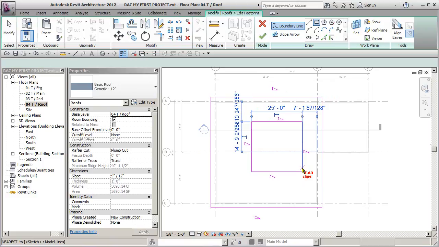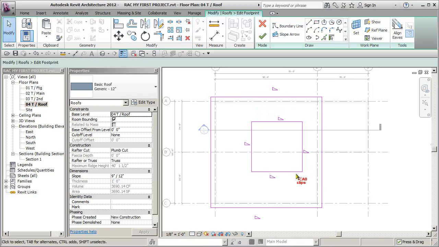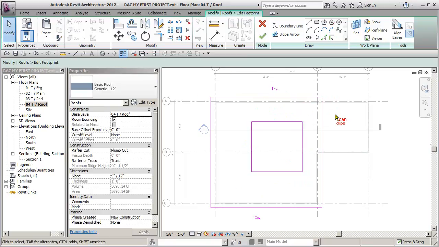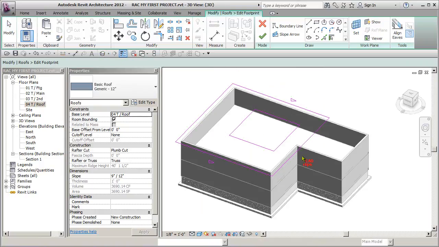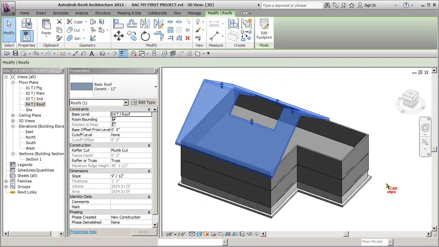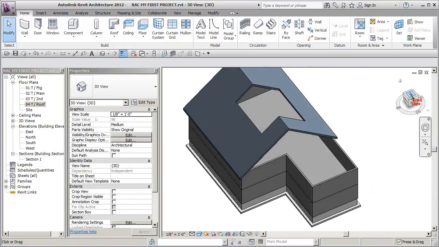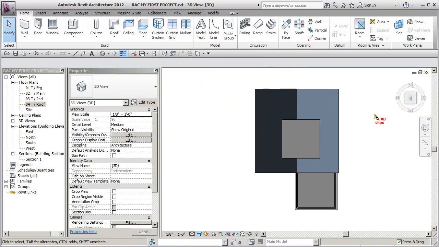If I put a rectangle in the middle of this, escape, escape, okay, I don't want to put a slope because this is going to do crazy things. But what I could do is go in here, take the slope off all of those, go to my 3D view, and then if I hit finish, it'd cut a hole in there. Okay, if you go to the top view over here, click, it's going to show you that, and then of course we can